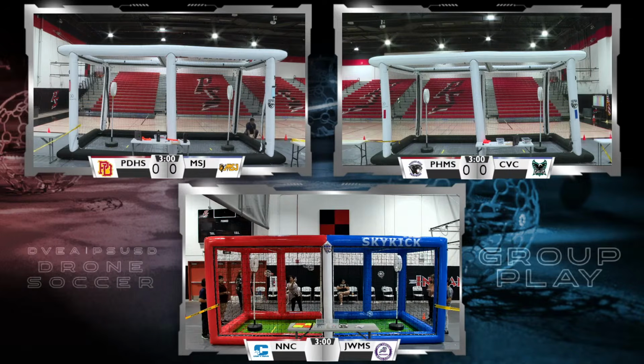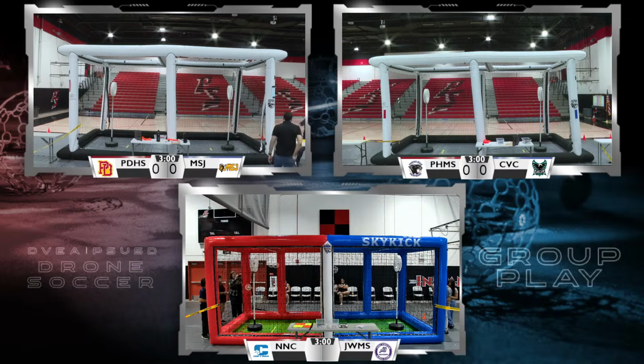I'm going to ask that all teams start to move towards their arena space. That would be Palm Desert High School on the red side of Arena A against Mount San Jacinto High School on the blue side of Arena A. I'm going to ask that teams start moving in that direction, getting themselves ready at their arenas.